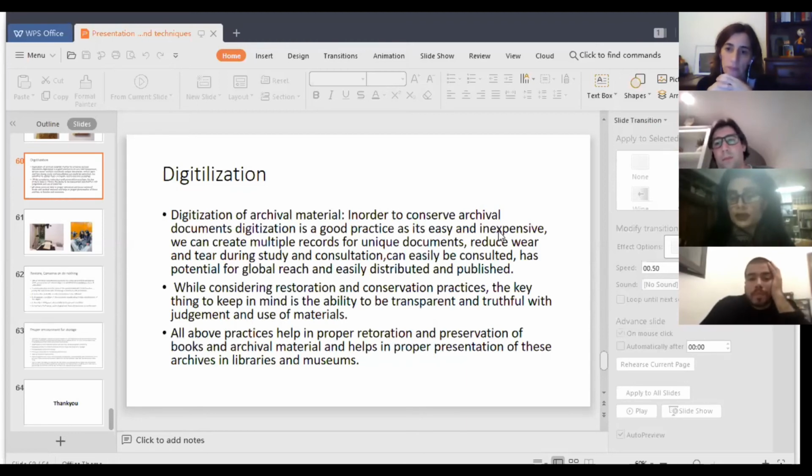Also, like one of the pictures I showed you, the thread we had saved, that piece of thread, we can understand the kind of sewing that was conducted on the book or the document, whether it was a two-on sewing or a single sewing, or a cross stitch, or what kind of sewing there was. So saving these small particles or the fragments of the books gives us a lot of knowledge on the history of the document, as well as the kind of damage that has been incurred upon it. Therefore, we try to save it.